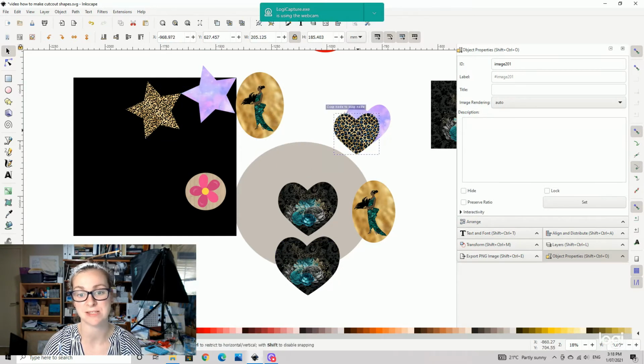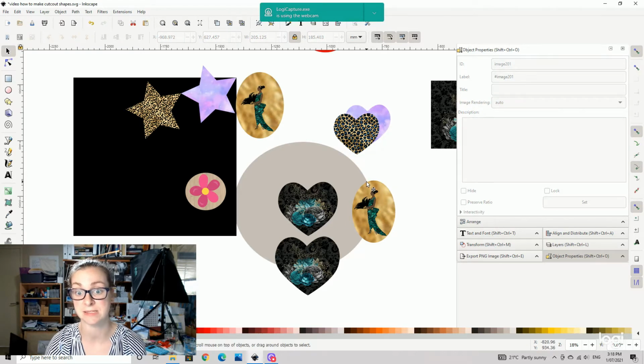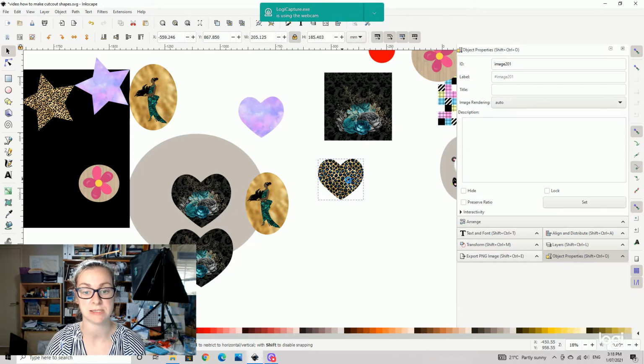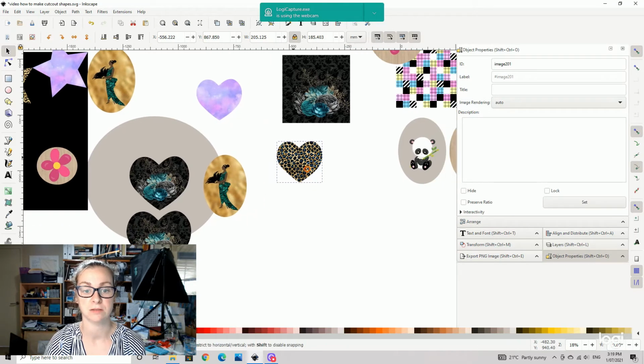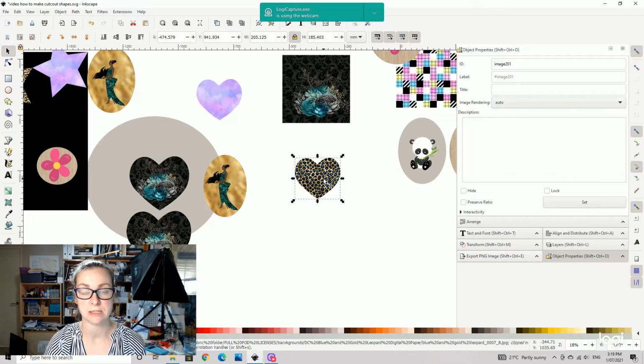You can make a whole set of little hearts and group them together into another design to put on whatever it might happen to be, whether that's for fabric or for print on demand. And then if you want to use these shapes themselves, so not just in this design, all you need to do is click on your shape, and you're going to go to